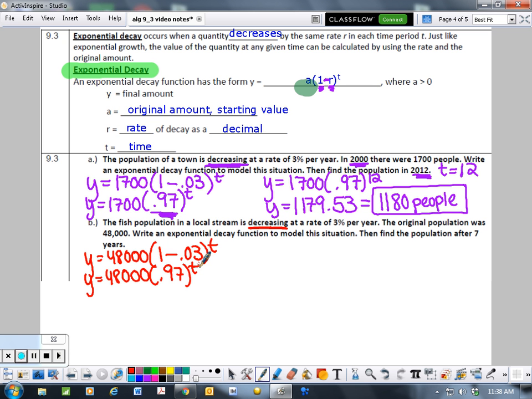And then we're going to find the population after 7 years. So we're going to do 48,000 times 0.97 to the 7th power. So 0.97 to the 7th power, which is 0.80798. And then we're going to times by the 48,000. And we get